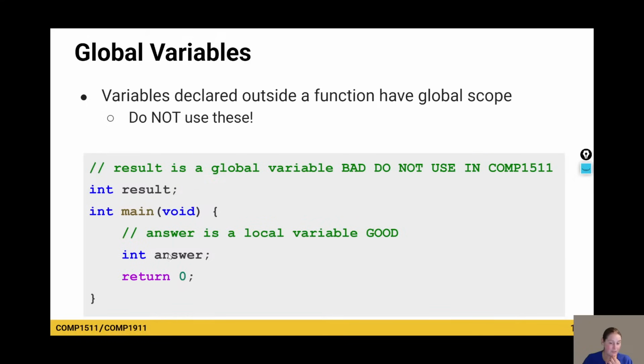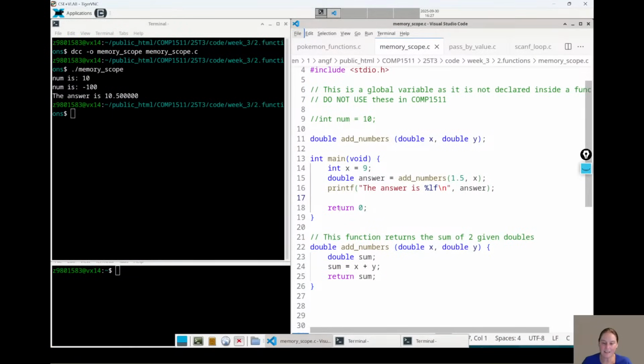The ones that are defined in a function, we do want to use those, but if I'm in add numbers, I can't access the variables that are in the main. And if I'm in the main, I can't access the variables that are in add numbers. They're separate variables. They don't exist in the main if we declared them in add numbers. They don't exist in add numbers if we declared them in the main.